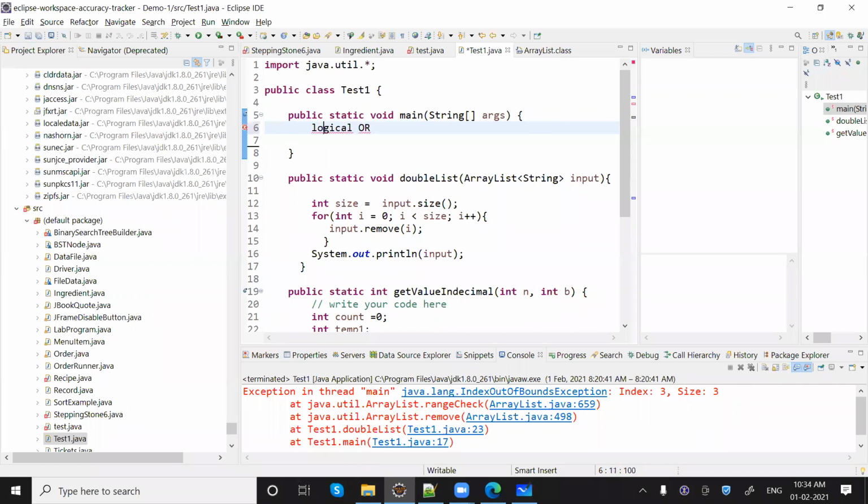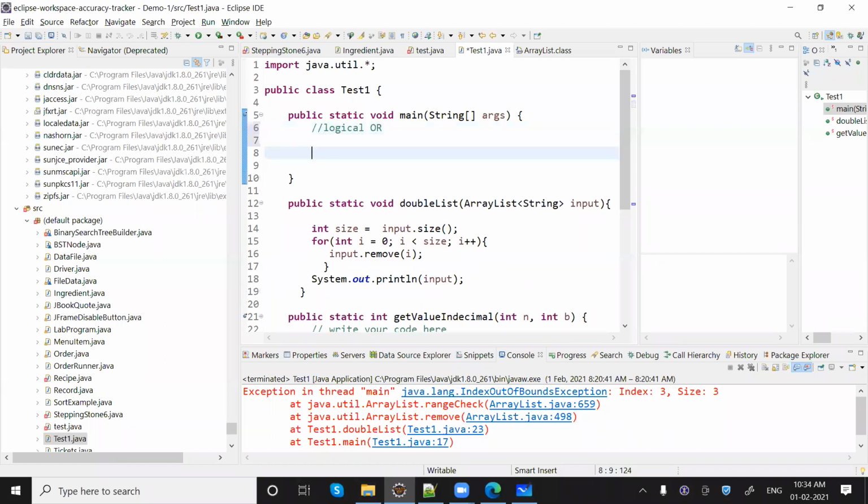So we are discussing the logical OR operator. I'm thinking of a real-time scenario. Give me a moment. Okay, so we have a problem where we have to print some words like foo, bar, and one more. So when we want to print foo, when a number is a multiple of 3,